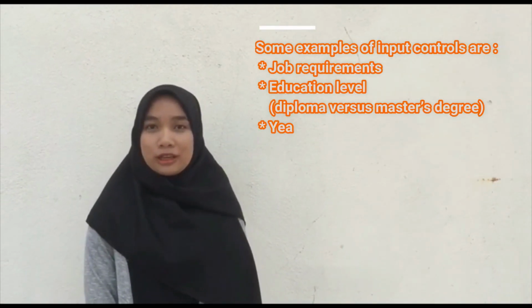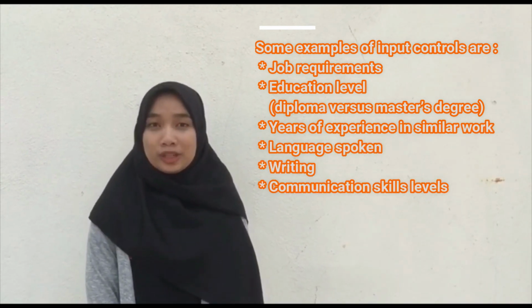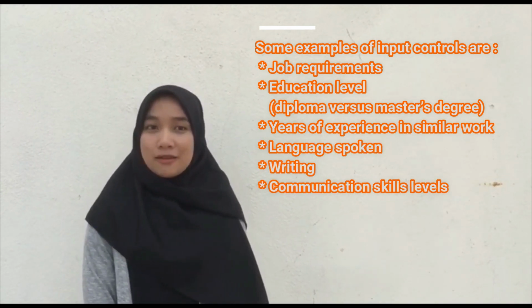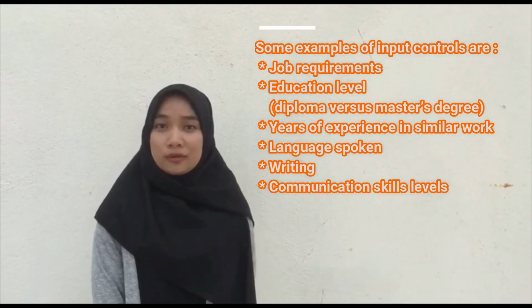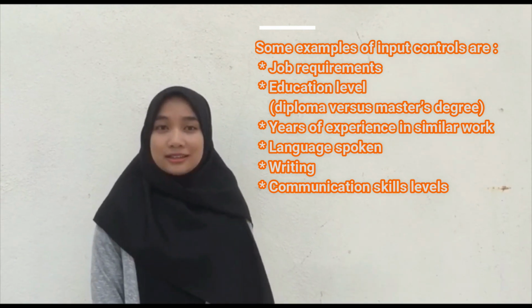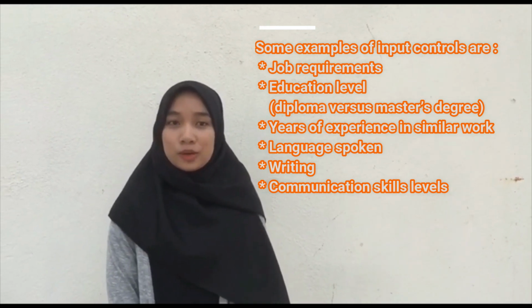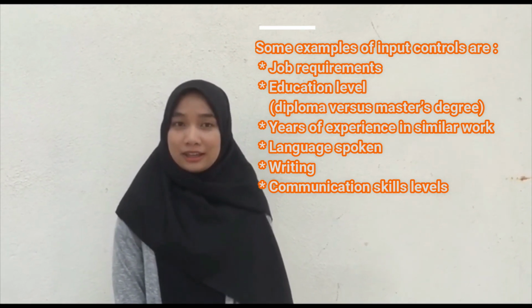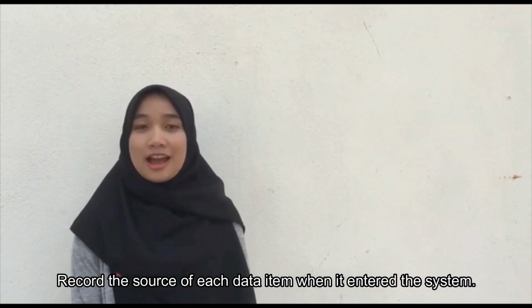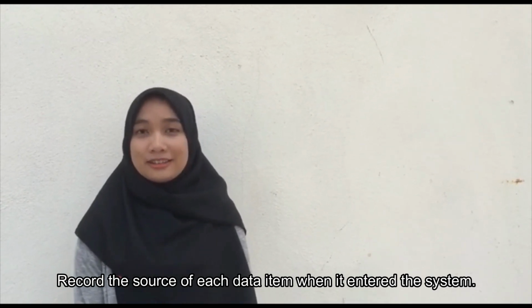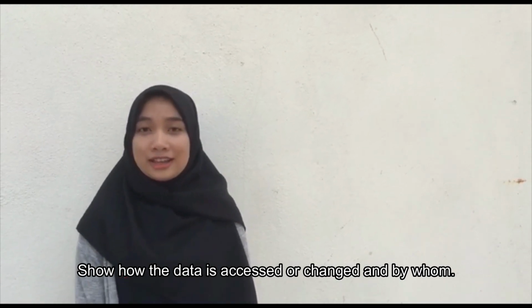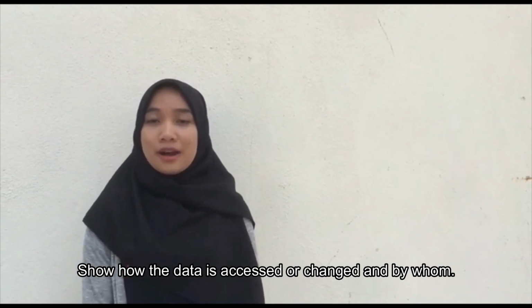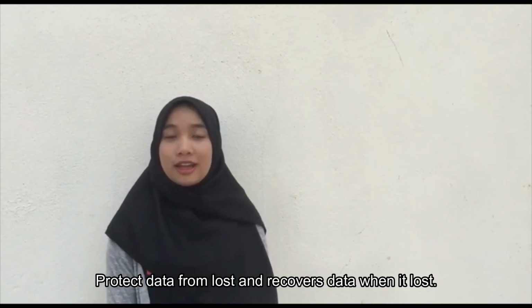Some examples of input control are job requirements such as education level, high school diploma versus master's degree, years of experience in similar work, language spoken and written, and communication skill levels. Audit trail records the source of each data item and when it enters the system. It shows how and when data is accessed or changed and by whom. Data security protects data from loss and recovers